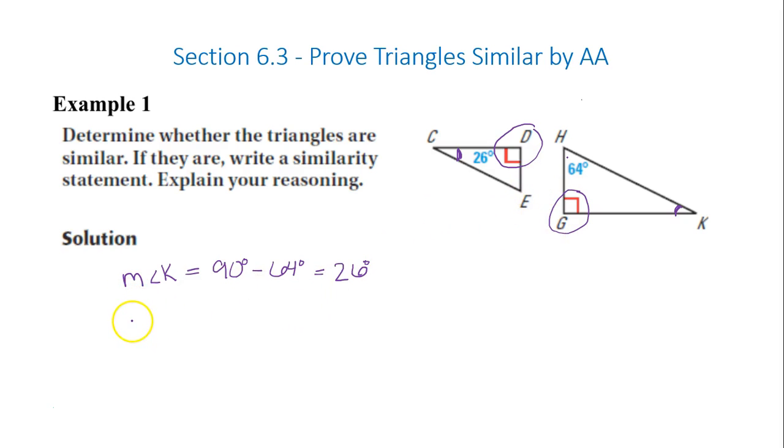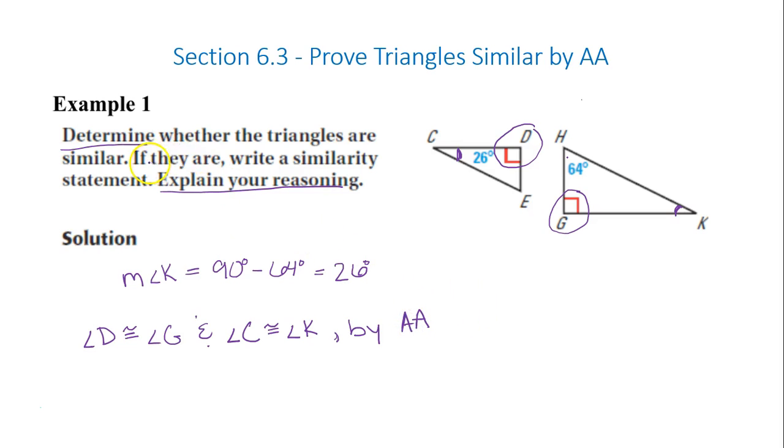This is how I'm going to want you to write it on tests to be able to explain your reasoning or determine whether the triangles are similar. This is how you need to write it out. So since we know angle D is congruent to angle G, and it lists another pair of congruent angles, angle C is congruent to angle K by angle,